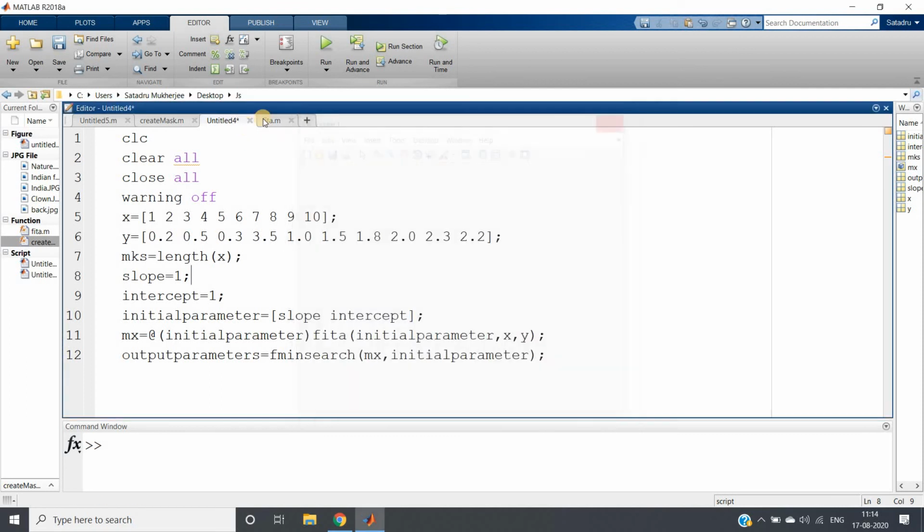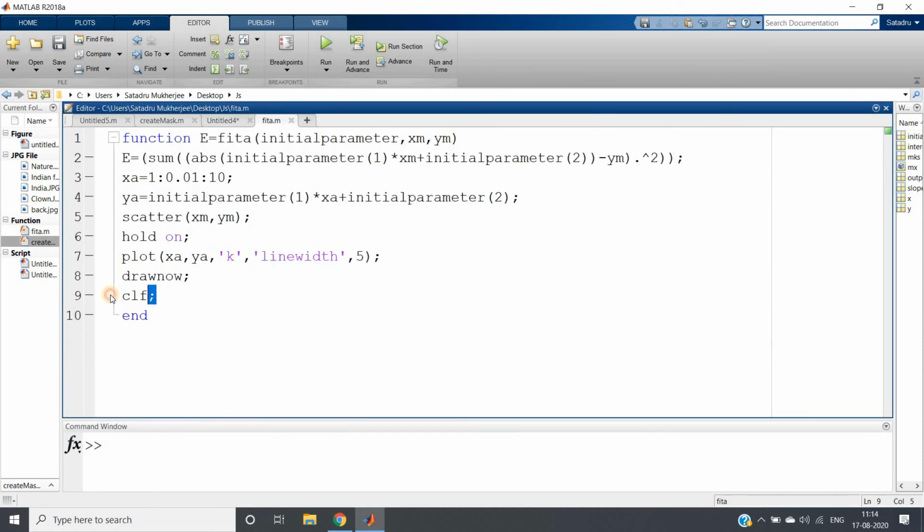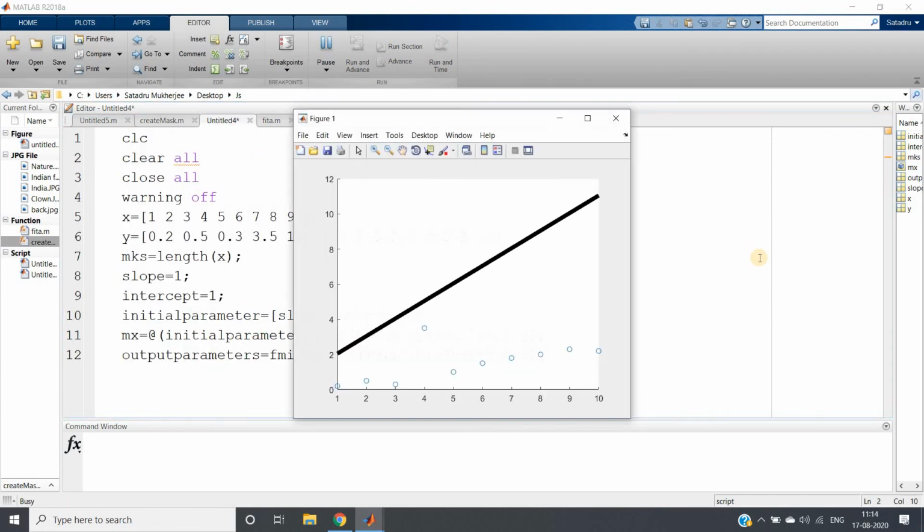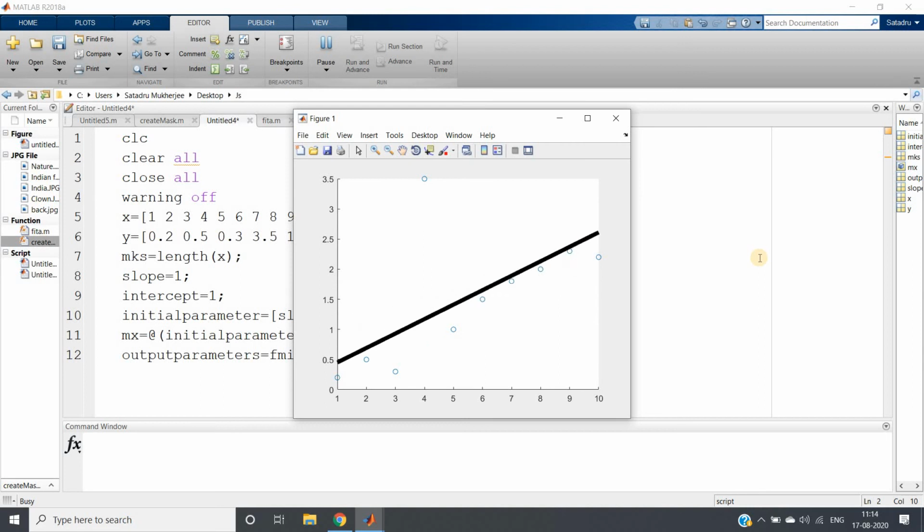Due to clf at the end the graph is not showing, so what I will do, I will put clf above plotting. Control S. Now Control A, evaluate selection.